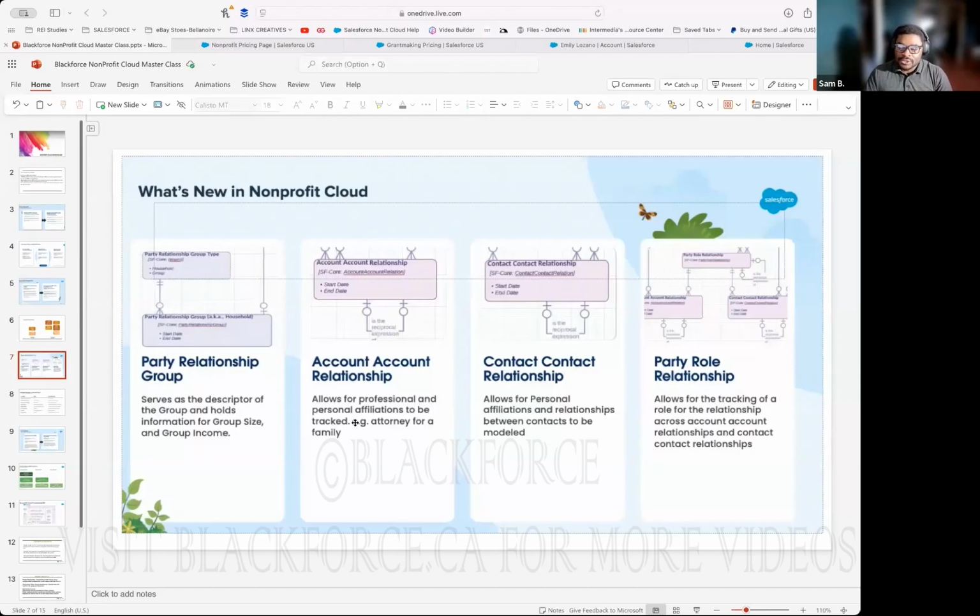Now, account relationship is used to track affiliations, which is what we used to use affiliations for in NPSP, right? So you can track all that using account relationships. And